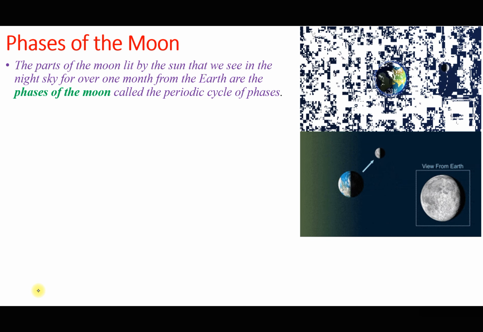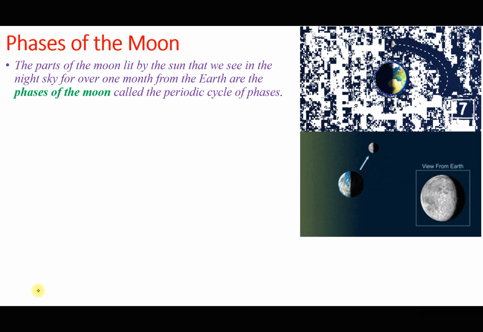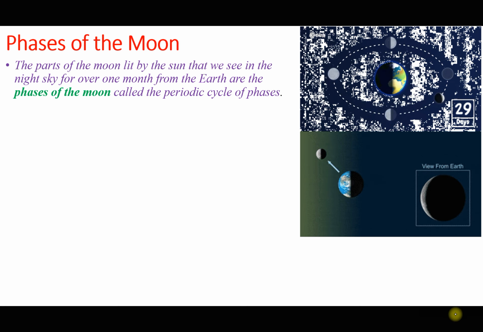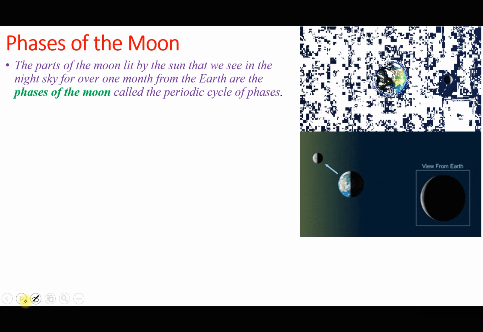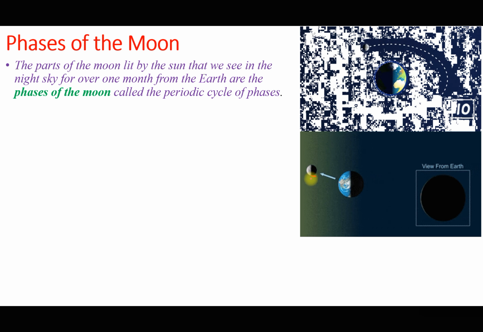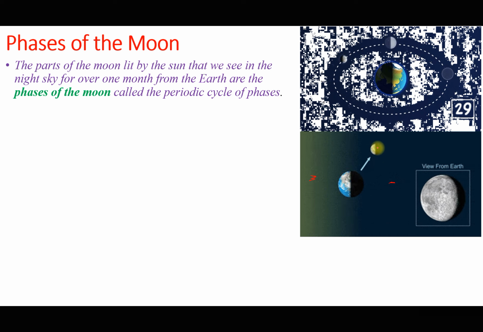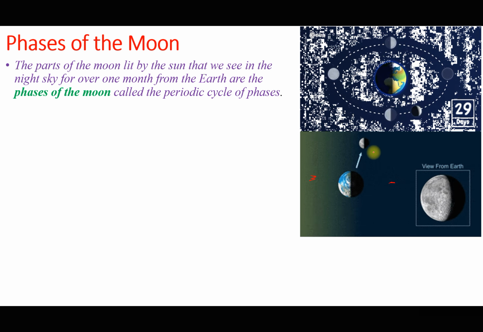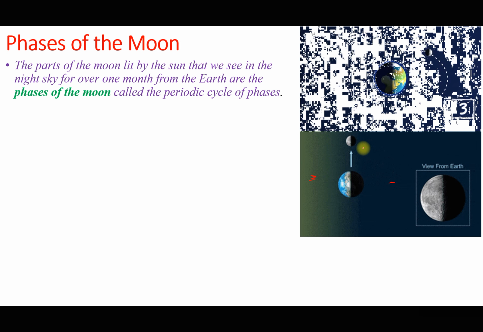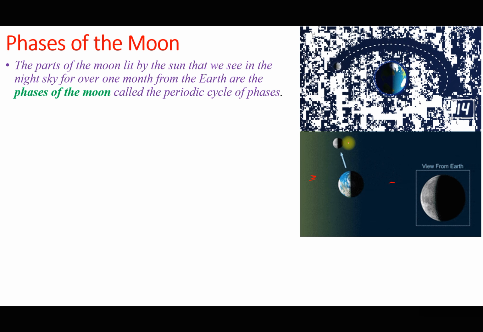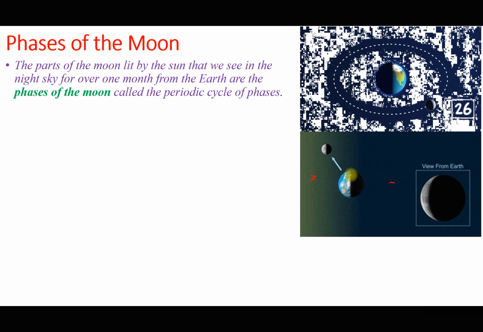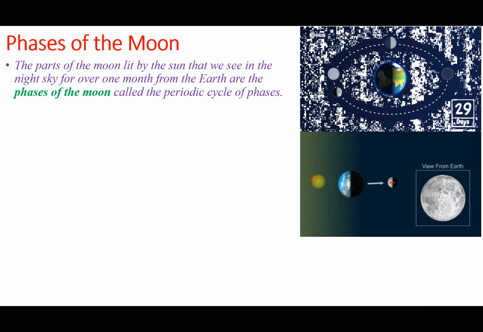So these animations are illustrating what I really want to demonstrate with the phases of the moon. For instance, when you look at how the moon behaves as it is moving around the Earth, remember, as it moves around the Earth, different parts of the moon are being lit up by the sun. So if you're on the Earth's surface, you will see different parts of the moon. For example, when the moon is here, you would see,